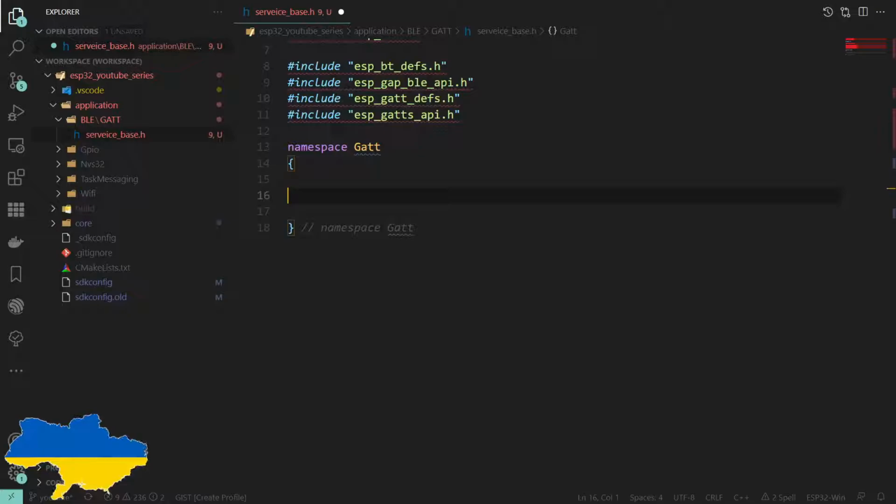To give a slightly different example, devices tend to have the device information service, and within that you may have a characteristic which is the manufacturer's name, another one that is the model number of the device you're talking to, another one that is the friendly name of the device, a sort of human readable name, as it were. There may be a date code in there of when it was manufactured, a firmware version, hardware version, all these different characteristics. So how are we going to do that?